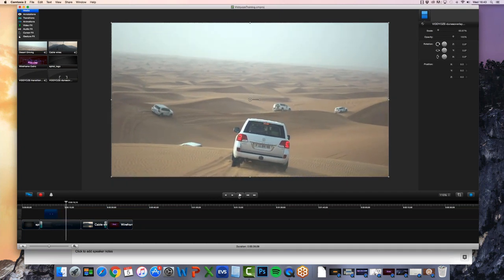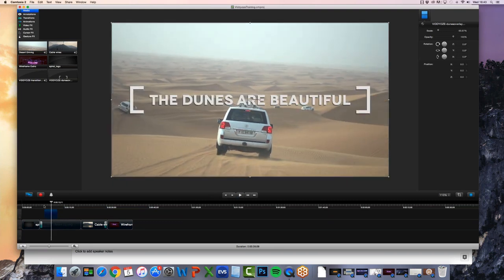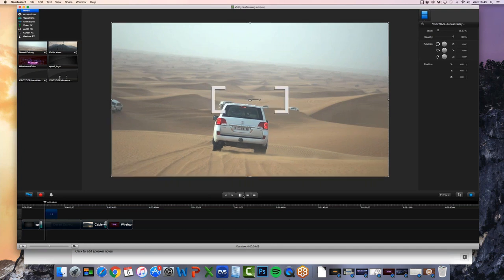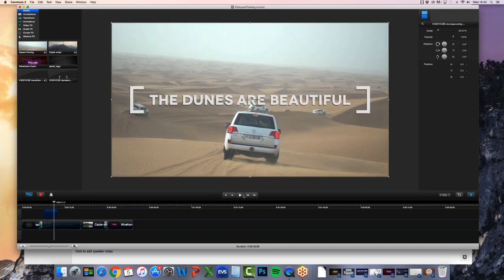Now, I could go on and add other elements, such as a lower third. I could have our 'subscribe below' appearing down the bottom corner. We've got all of that stuff in there as well. But just to show you how alpha animations change video, it does make a massive, massive difference. From a simple bit of footage, 'the dunes are beautiful' could be a sales message or a call to action. It could just be explaining what people are seeing, and adding text to video that looks good is great.